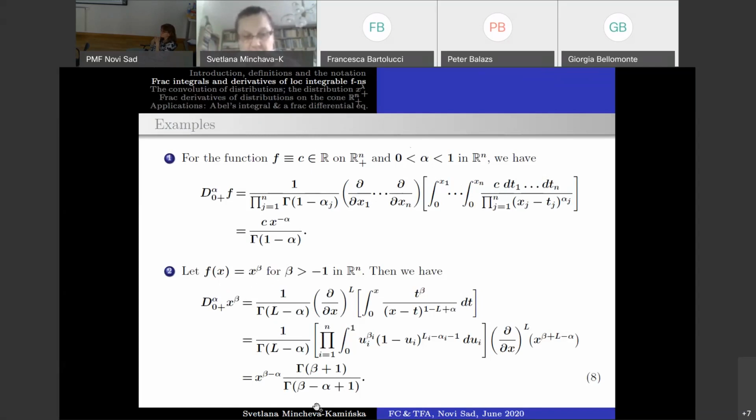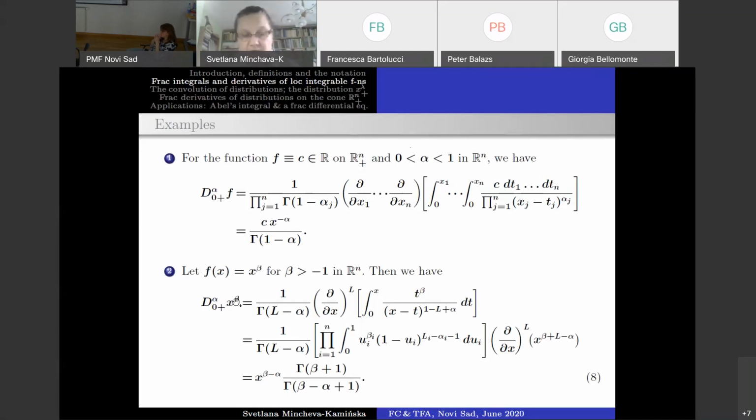And we have such form of this derivative of order alpha on the so-called positive cone. We consider this power function on the space Rn plus,